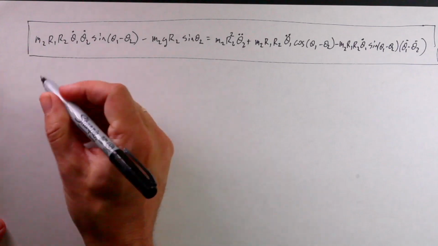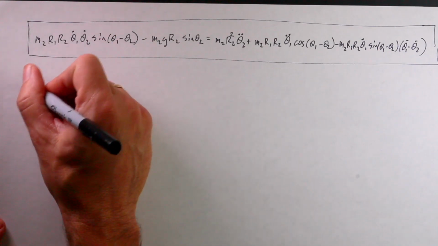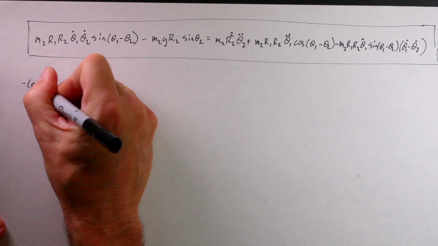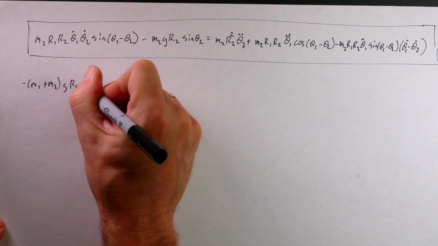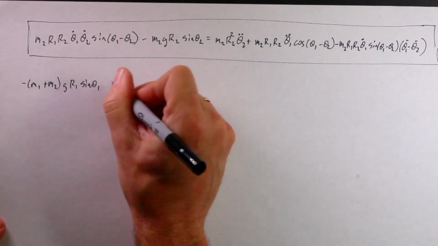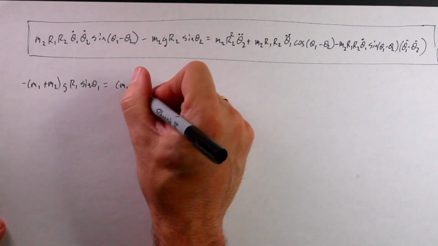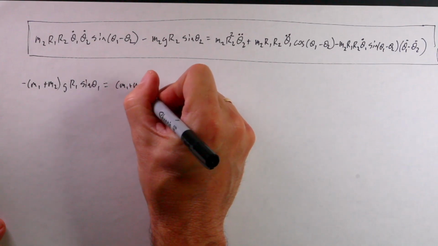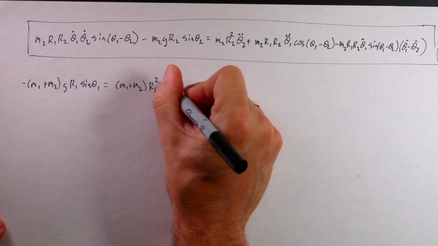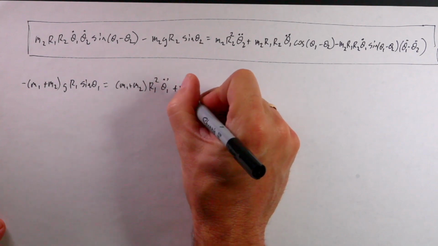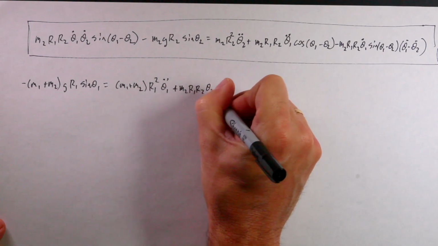So the other equation for the theta 1 is negative m1 plus m2 g r1 sine theta 1 m1. I need some water. m1 plus m2 r1 squared theta 1 double dot plus m2 r1 r2 theta 2 double